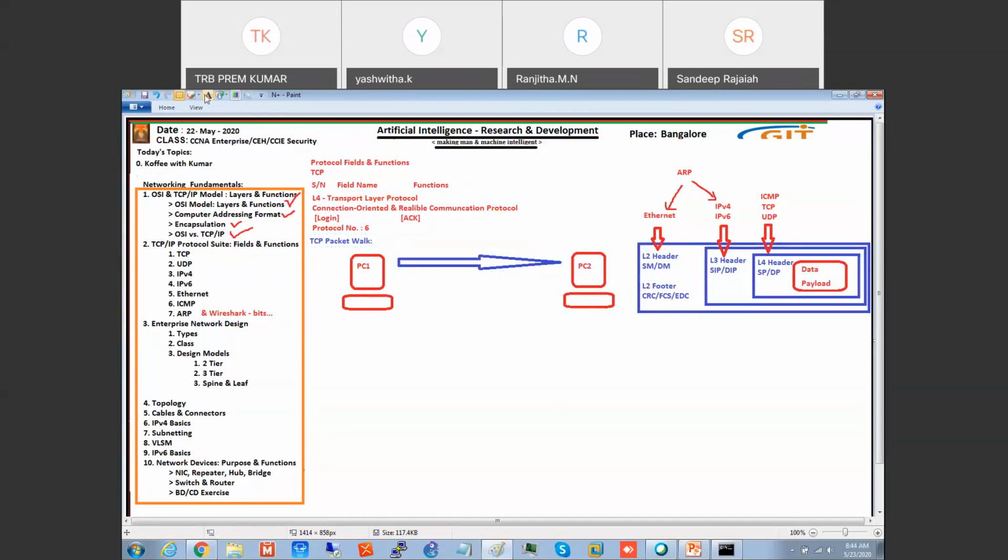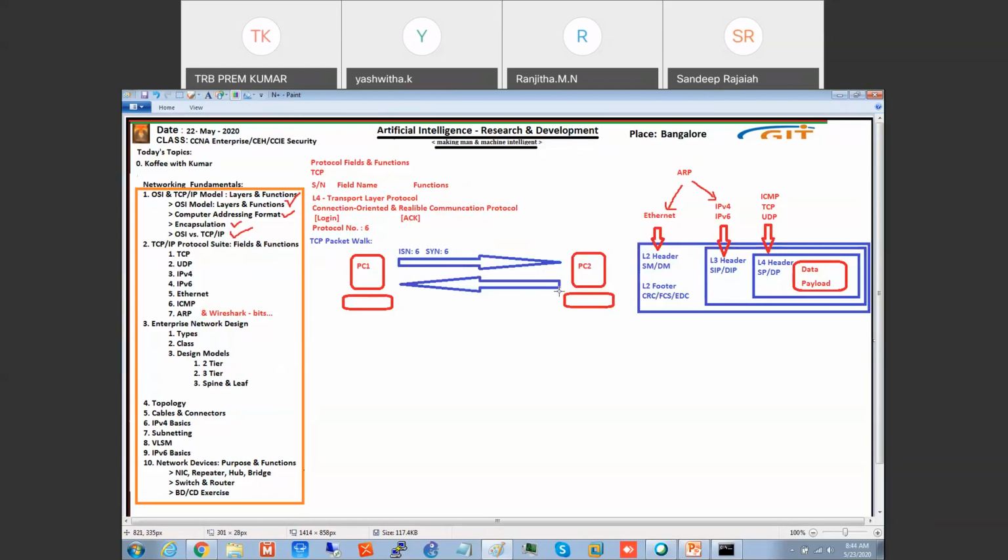Okay, packet walk. First, it sends one message. Before sending, it will create something called the initial sequence number, ISN. For example, 6. This is your SYN packet. SYN equal to 6. It is a randomly generated initial sequence number. So it sends SYN. Now, as I told you, it's a reliable communication protocol.